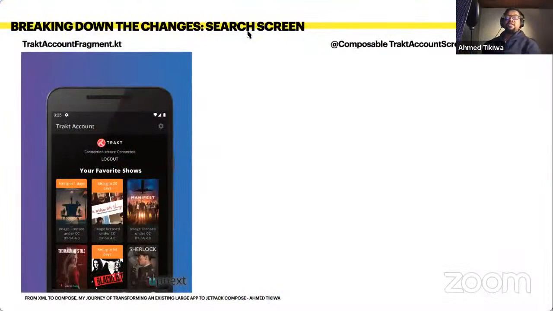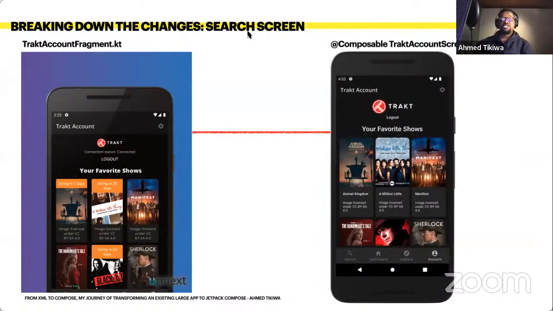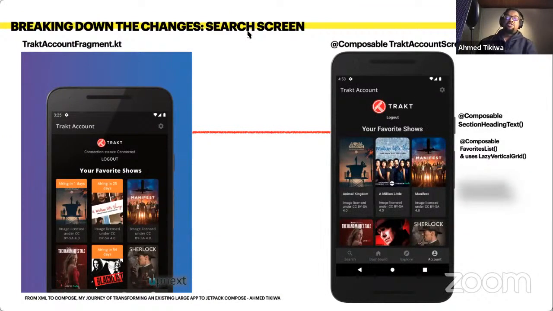Then the track it account fragment. This is how it looked on the left-hand side. So this is what it will look like when the users are actually logged into their tracked accounts on the app. Then on the right-hand side is what it looks right now using Jetpack Compose. So as you can see, I use the section heading text again on this screen to now represent that heading there, your favorite shows. And then I created a composable called favorites list, which uses a different type of lazy